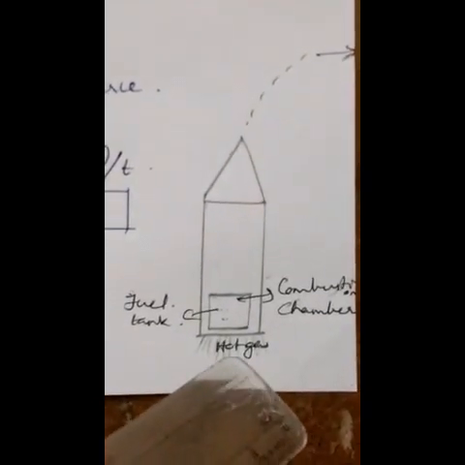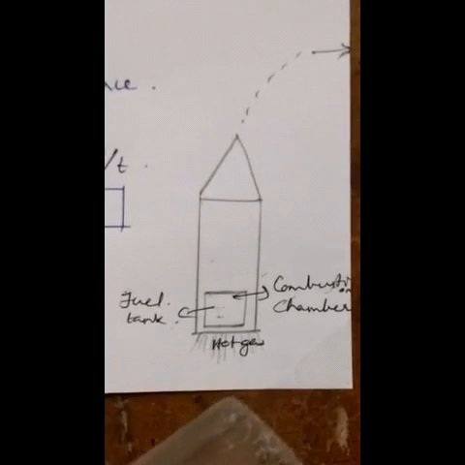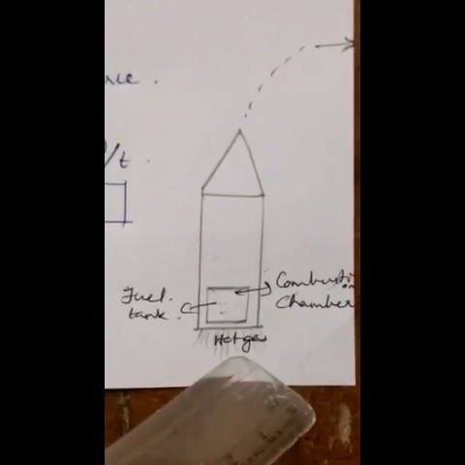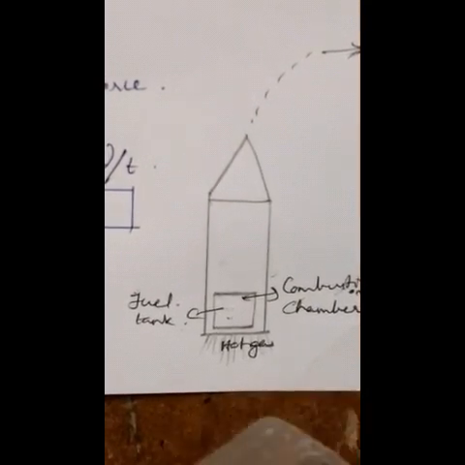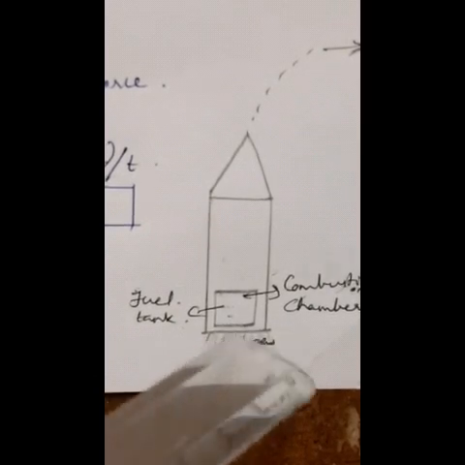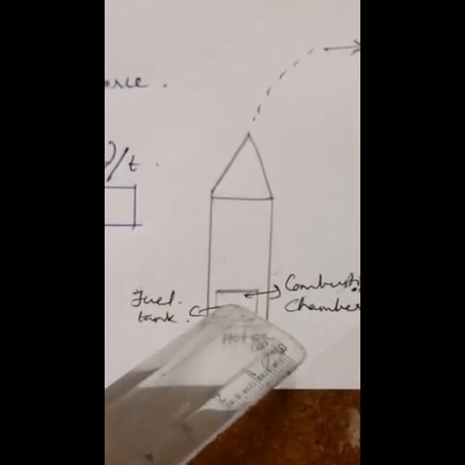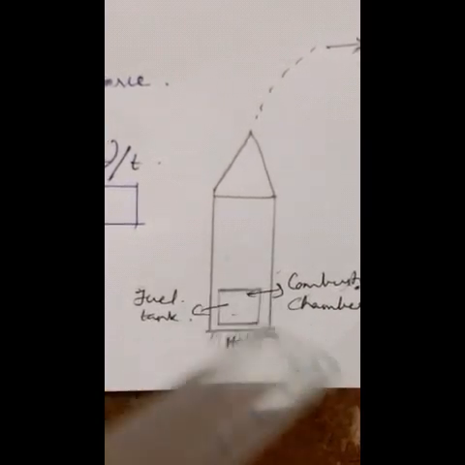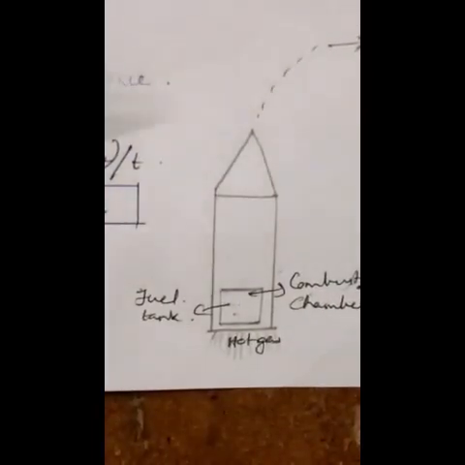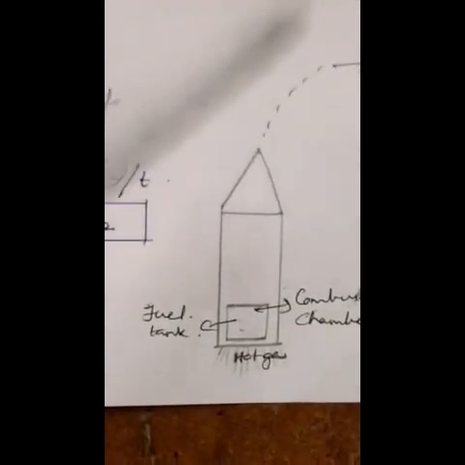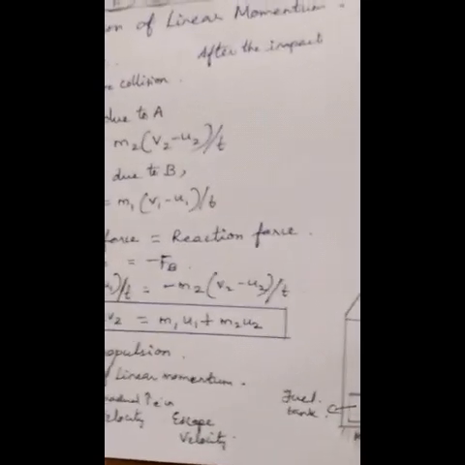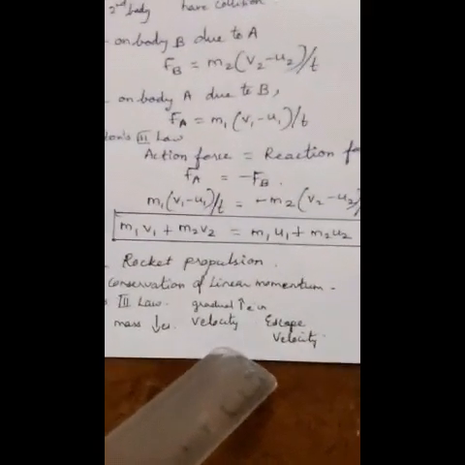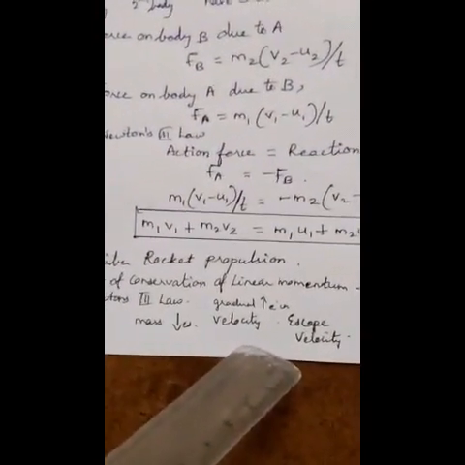Now when the rocket is fired, the fuel is burnt and the hot gas is ejected with a high speed from the nozzle of the rocket, producing a high momentum. To balance this momentum, an equal and opposite force is produced in the combustion chamber, which makes the rocket project forward. While in motion, the mass of the rocket gradually decreases until the fuel is completely burnt out. Since there is no external force acting on it, the linear momentum of the system is conserved.